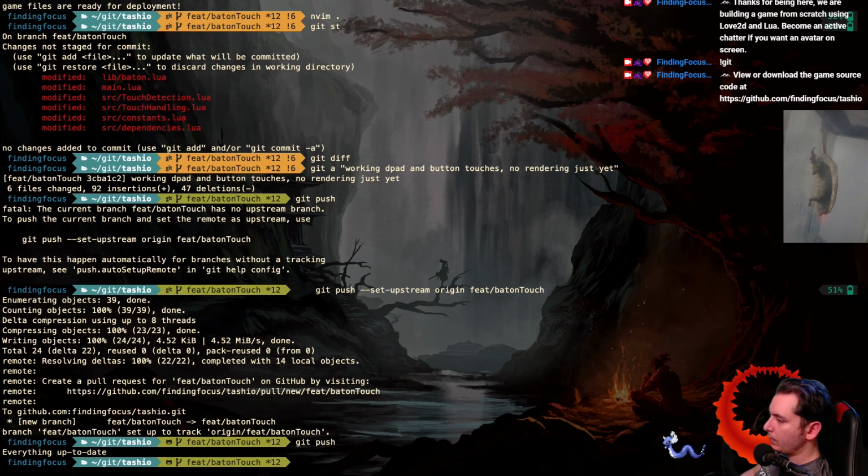Cool. Okay, so we've got a new branch called Baton Touch, which is the branch we're trying to figure out this touch input handling. I'm really starting to feel the crunch for the April 1st deadline, so this is not something I want to be working on right now. But in the long scheme of things, I think it'll clear up some of my anxiety over how complicated the code base is. So I think it's a great thing to get done, and I've already got it mostly working, right? Like the touches are working via Baton,